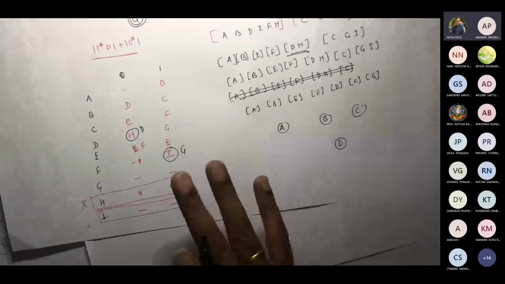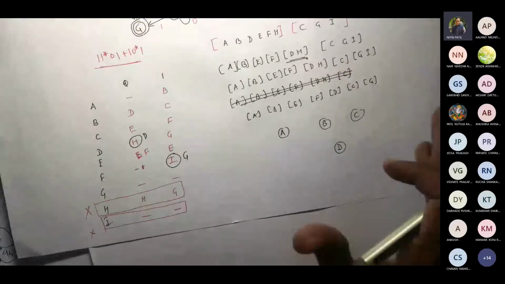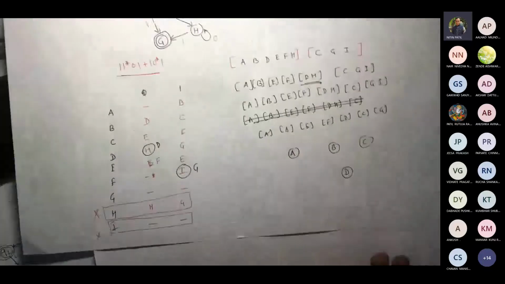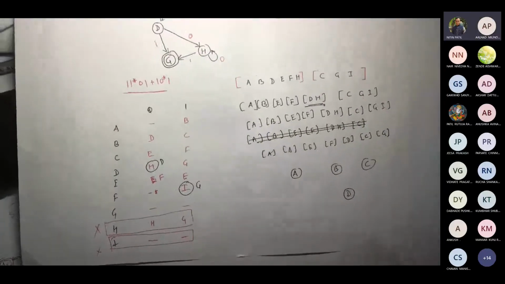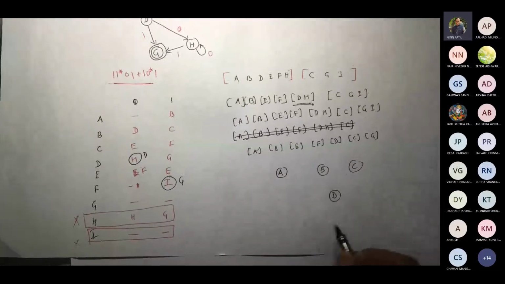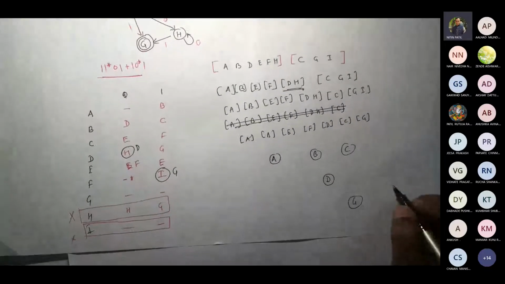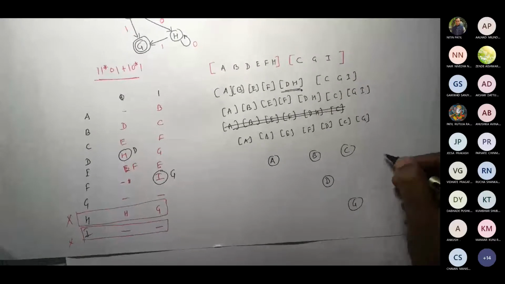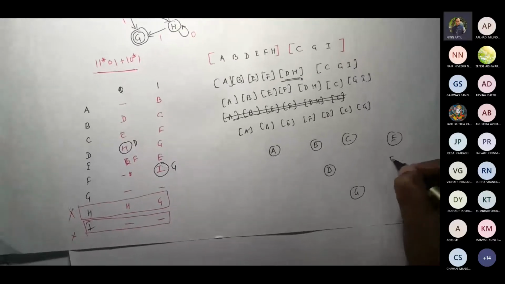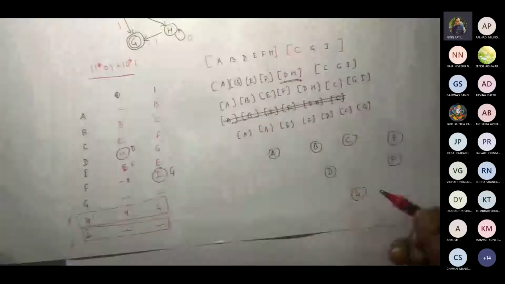Whatever, that is your choice. I am taking the first occurrence, so that if you keep the method the same, you will get the same answer. After the examination you can verify your solution with each other. It's for simplicity only, no other reason. Then G, H is not there, then we had C, E, then F. I is removed. So let us draw the transitions.